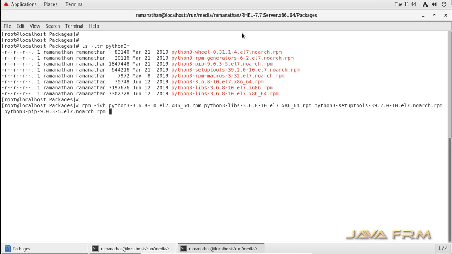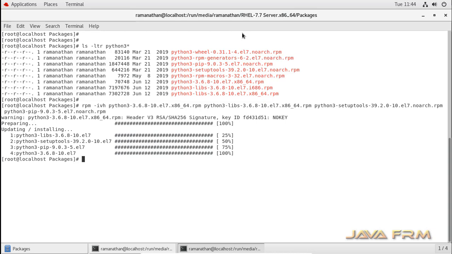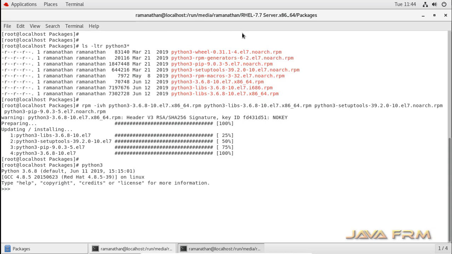In a single shot I am installing all these necessary RPM files. Around 4 RPM files are required by Microsoft SQL Server 2019. Yes, so these 4 RPM packages are installed. Note down these package names. Yes, Python 3 is now available in Red Hat Enterprise Linux 7.7.